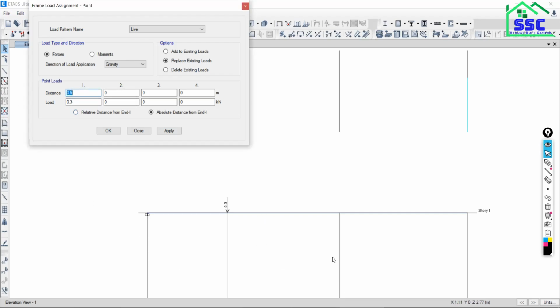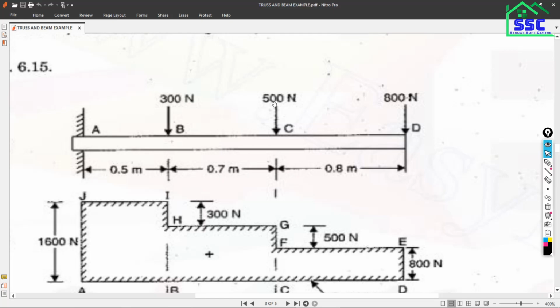Now again select the frame. At this time how much load do we have to assign? 0.5, at a distance of what? Can anyone tell me? You are making a mistake. It is 1.2 meters. See, we have to consider this total distance.